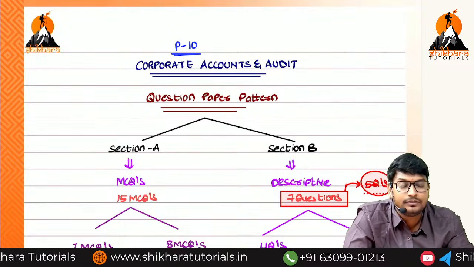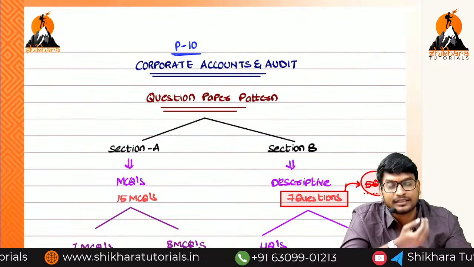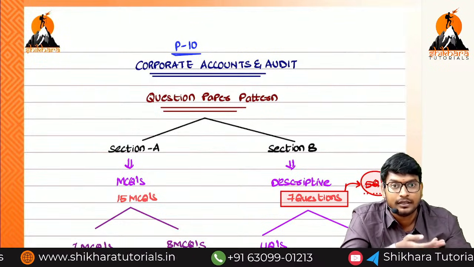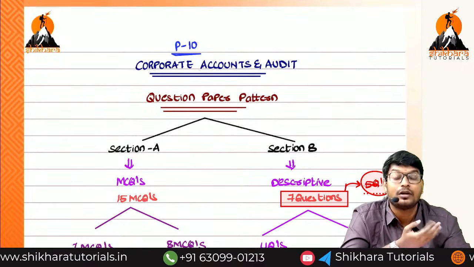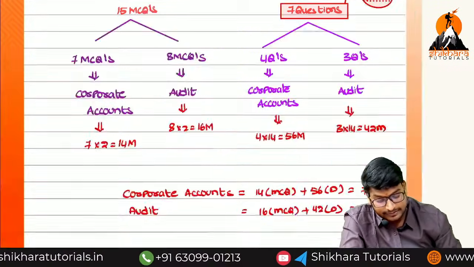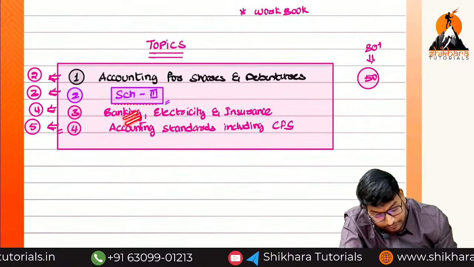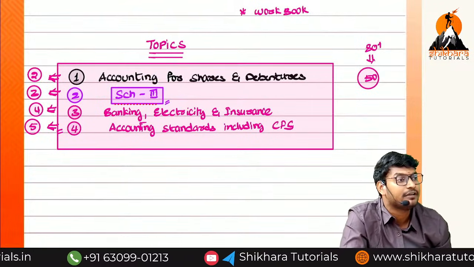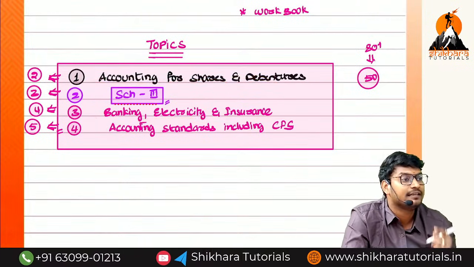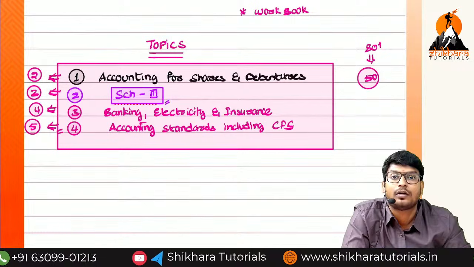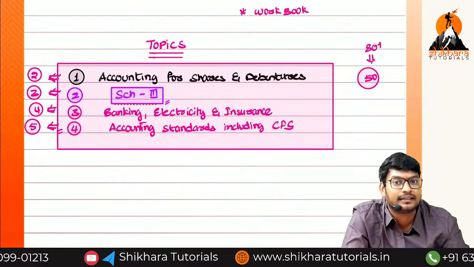If you take a real example like Reliance Industries, Infosys, only Reliance is a company. If you call all the companies combined, it is a corporate. We are going to learn from the point of view of all companies. That is the reason they have given Schedule 3 separately, and once again banking, electricity and insurance. Why have they given these chapters? We are going to learn from the company point of view. That is the reason they have named it corporate accounts. So corporate is nothing but combined, and company is nothing but individual.